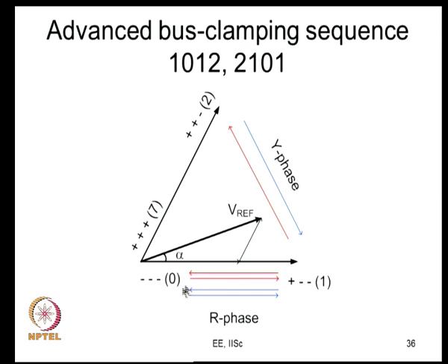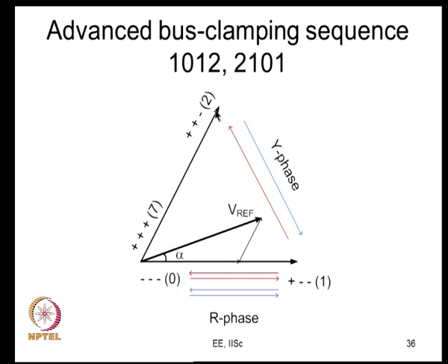So, you can see that it is 1 0 1 2. This is an example. You have gone here, the next subcycle, what do you do? You stay here for t2 seconds and switch your y phase, come here, stay here for t1 by 2 seconds, go here, stay here for tz seconds and come back and stay here for t1 by 2 seconds, your subcycle is over. So, it is 1 0 1 2 2 1 0 1, 1 0 1 2 2, you can go on like that when your reference vector is moving through sector 1.